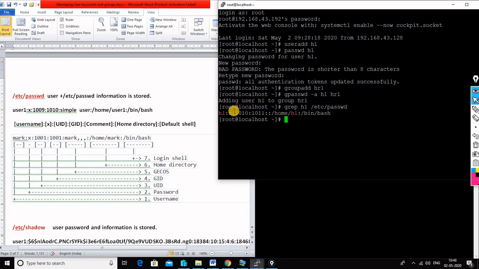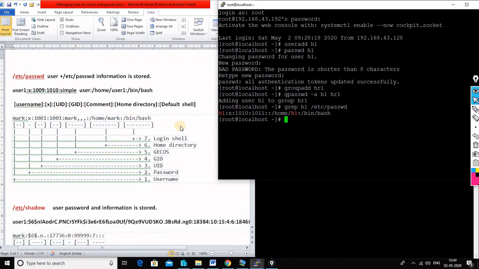You can see here h1, x, 1010, 1011. This is the UID. The related information is given here: username, UID, GID, comment, home directory /home/h1, and the shell /bin/bash. This is the default shell used. And viewers, you can see the detailed information over here.